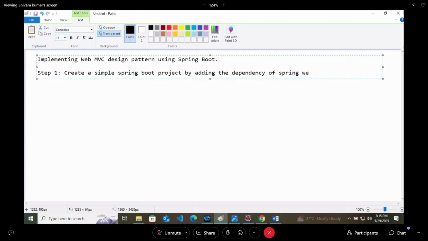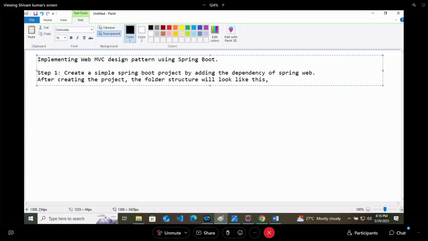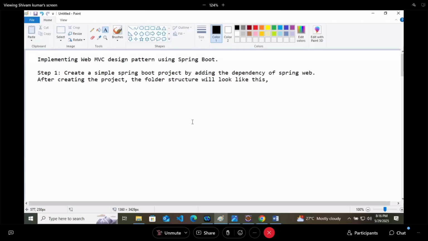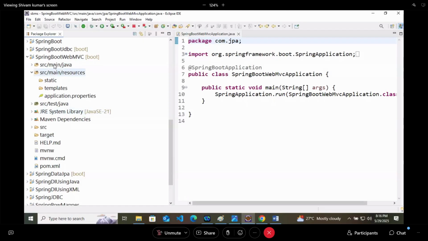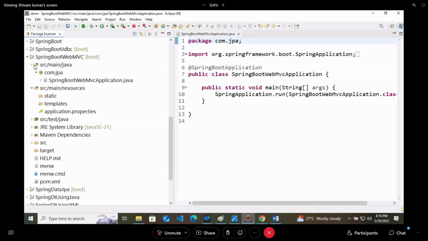After creating the project, the folder structure will look like this. You will get src main java and src main resources.